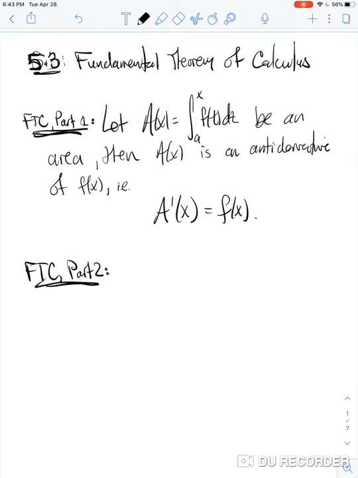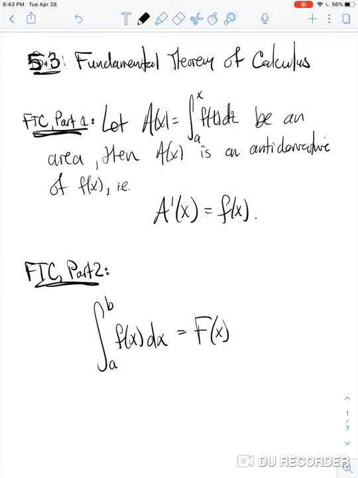Okay, so we'll do one quick example of that type of thing, but the more important part of this theorem is the fundamental theorem of calculus part 2, which allows me to essentially evaluate definite integrals. So I'll just cut to the chase here. If I want to evaluate the area under some function f of x from a to b, then this is exactly equal to